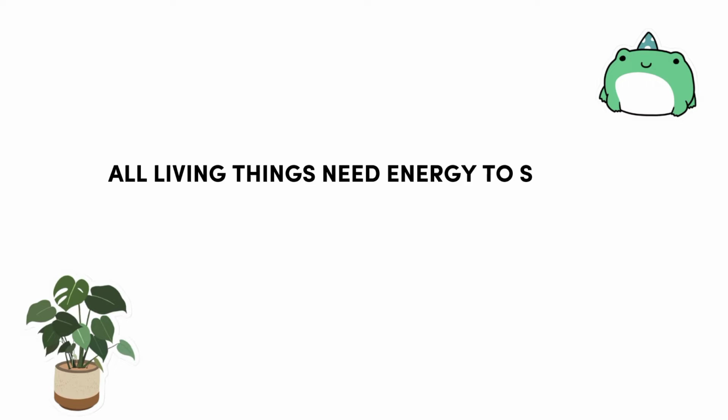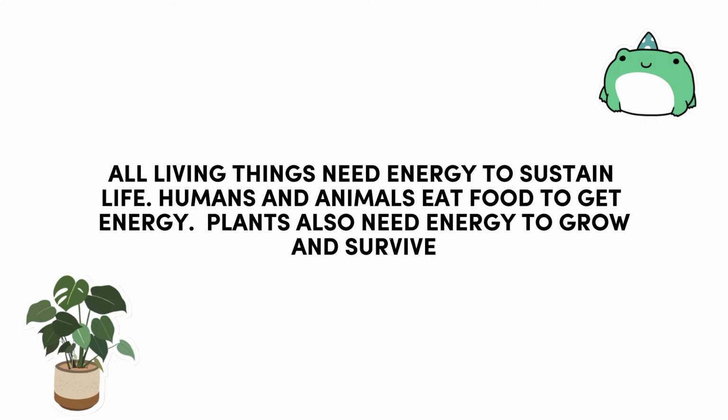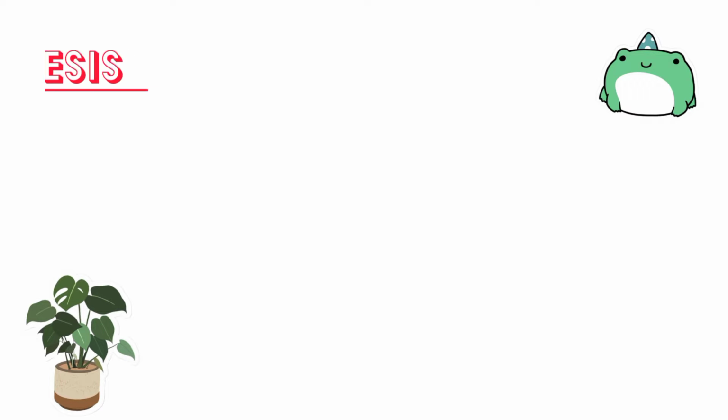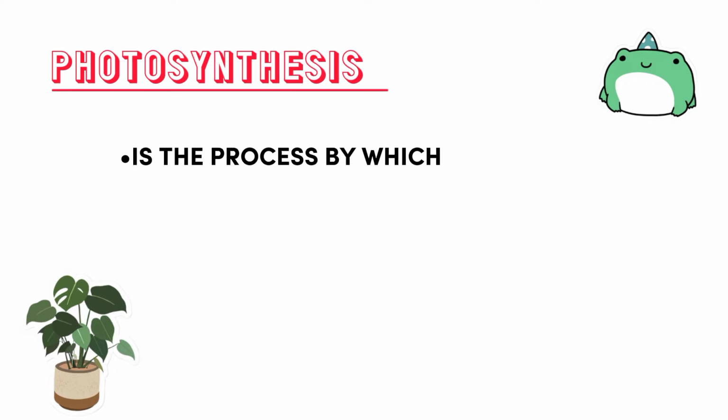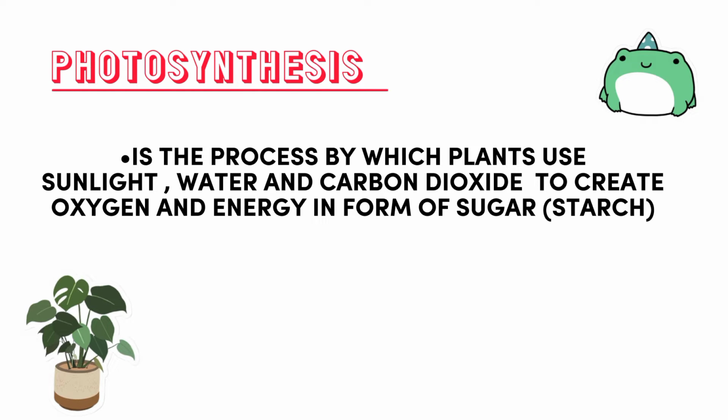All living things need energy to sustain life. Humans and animals eat food to get energy. Plants also need energy to grow and survive. Photosynthesis is the process by which plants use sunlight, water, and carbon dioxide to create oxygen and energy in the form